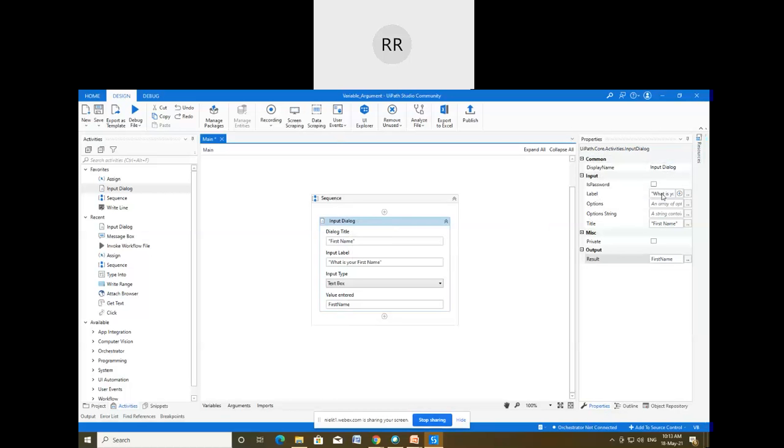Then the label that we have given is "What is your name". And whatever variable we have created here should be in the output. That means it should be stored in the result section. If you create the variable and it does not come out here, then it is not going to store the input provided by the user. Therefore, you have to be very careful while creating the variable. Once you press Control K, whatever you write there will automatically come into this result section.